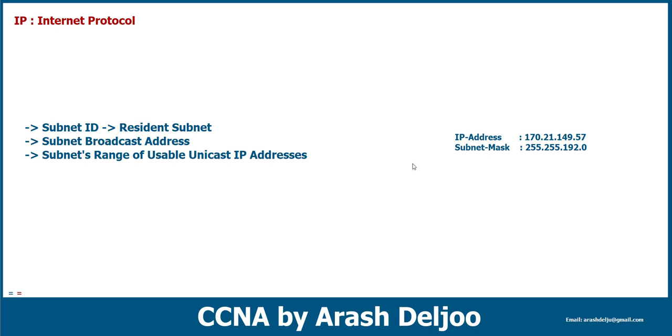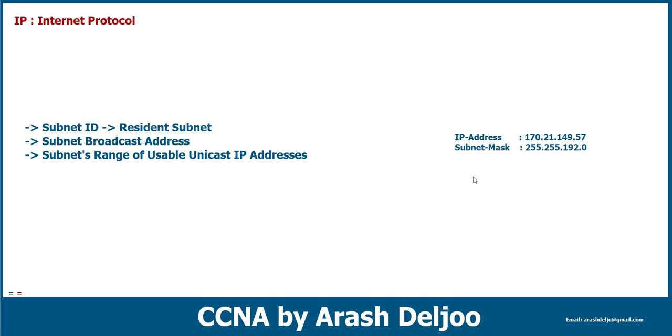How can you find the subnet ID, the subnet that this IP address is residing in, the resident subnet? Or how can you find the subnet broadcast address, or the range of usable unicast IP addresses in that subnet? I'm sure that you can solve this example, but let me talk about